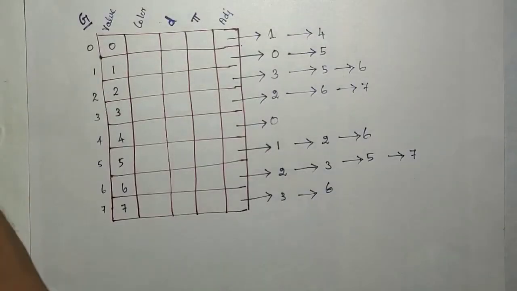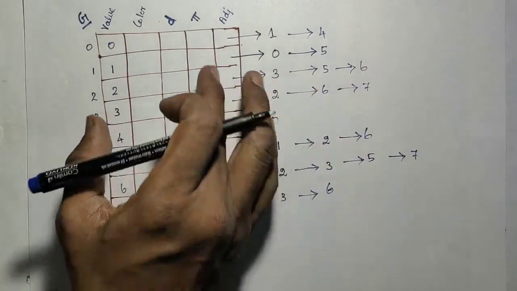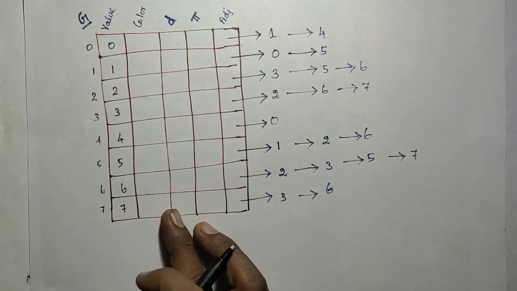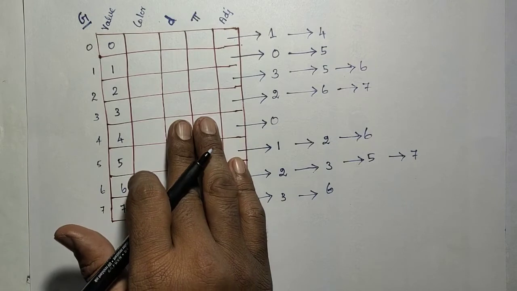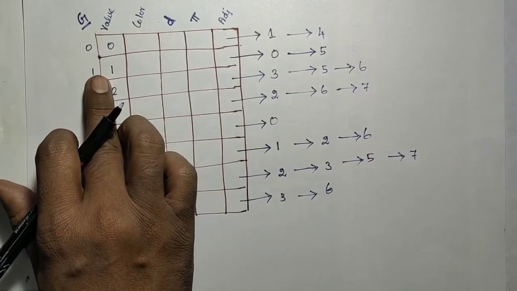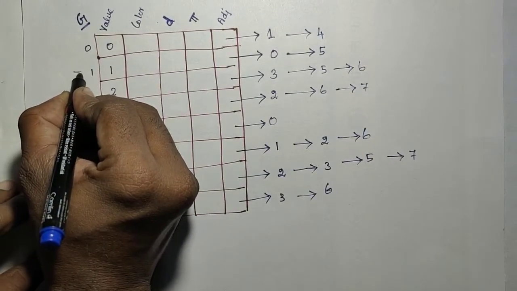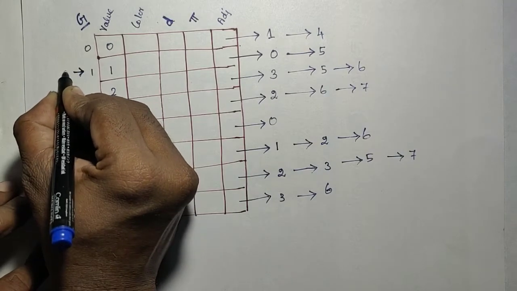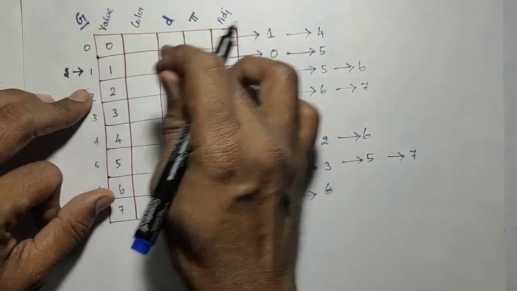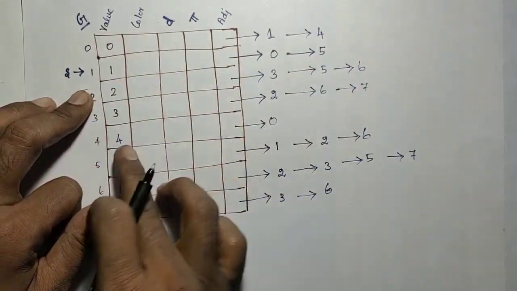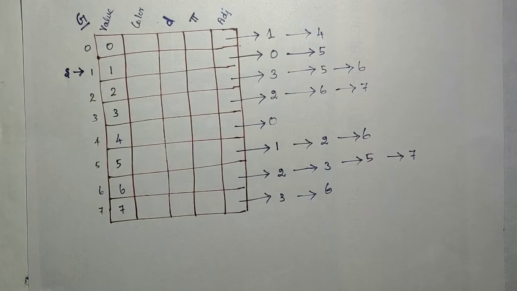The first step in that algorithm is we need to fill this field. This is the input graph, and this is not filled so far, so we have to fill it. That is the first step. Except the starting node, which is marked as the starting node, all other fields have to be filled with default values.